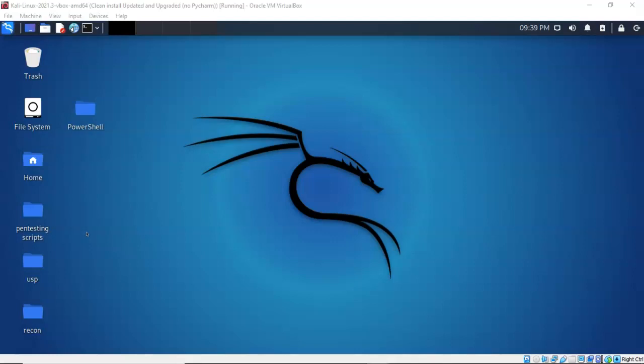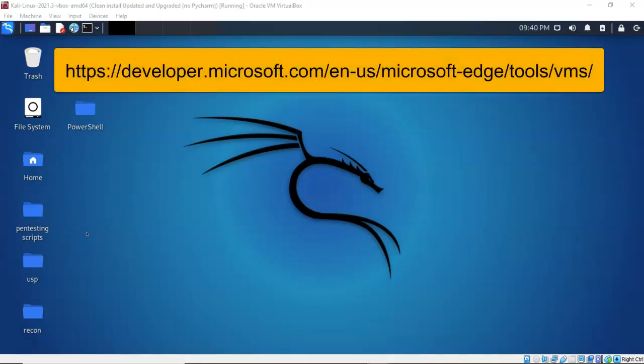For this lab, I will be using one install of VirtualBox to include the extension pack, one virtual install of Kali Linux, and one virtual install of Windows 10. Now, if you need a copy of Windows 10, go out to Google. You're going to type in download Microsoft Windows 10 Developer. That'll take you out to the developer site, and from there you can download an image for VirtualBox or VMware